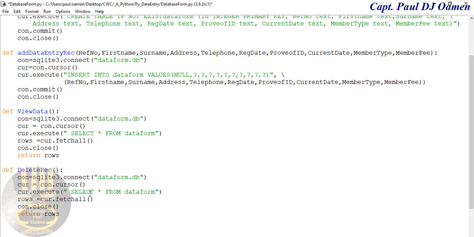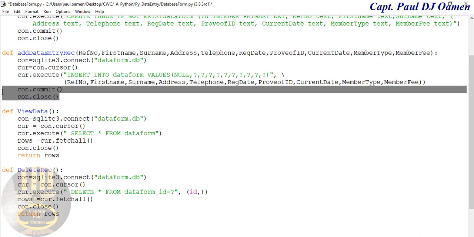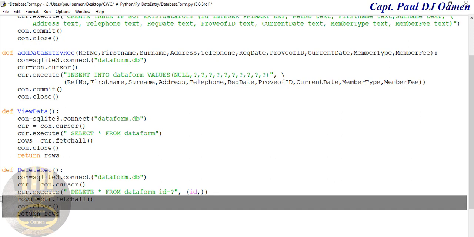And in here, that will be delete from this very database where the ID equals question mark, which gets the content with this following ID. And that's all there is to the delete. So in here we want it to commit and close. There,